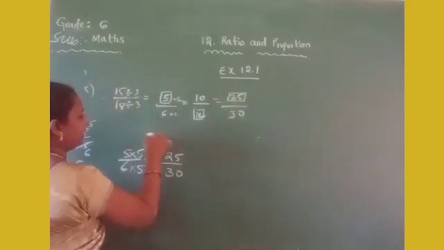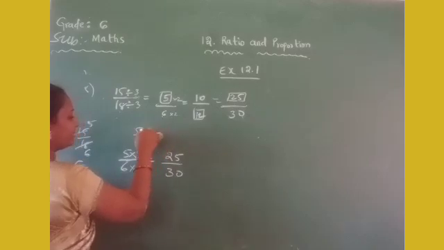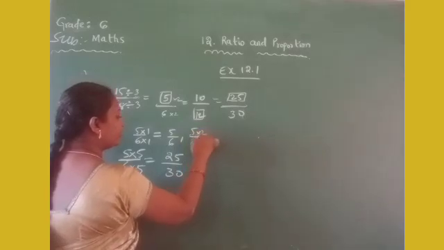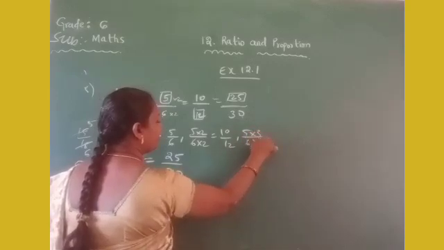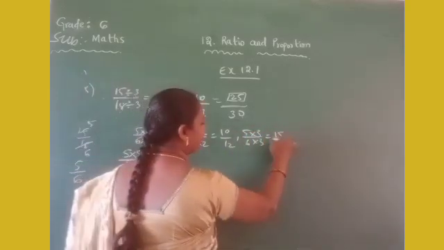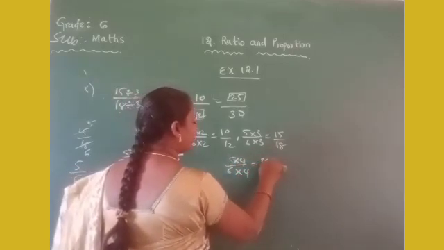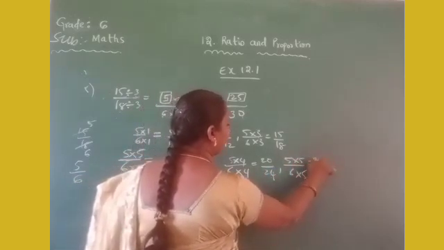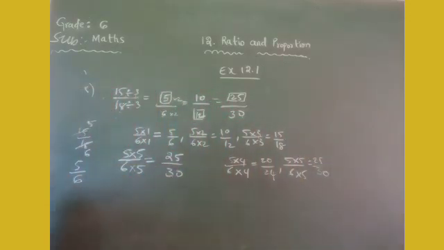So now tell me, are these all equivalent ratios of 5 by 6? Equivalent ratios are nothing but: 5 by 6 into 1 is 5 by 6. 5 by 6 into 2 into 2 is 10 by 12. 5 by 6 into 3 for numerator and denominator gives 15 by 18. Similarly 5 by 6 into 4 into 4 is 20 by 24. 5 by 6 into 5 into 5 is 25 by 30. These are all the equivalent ratios of 5 by 6.